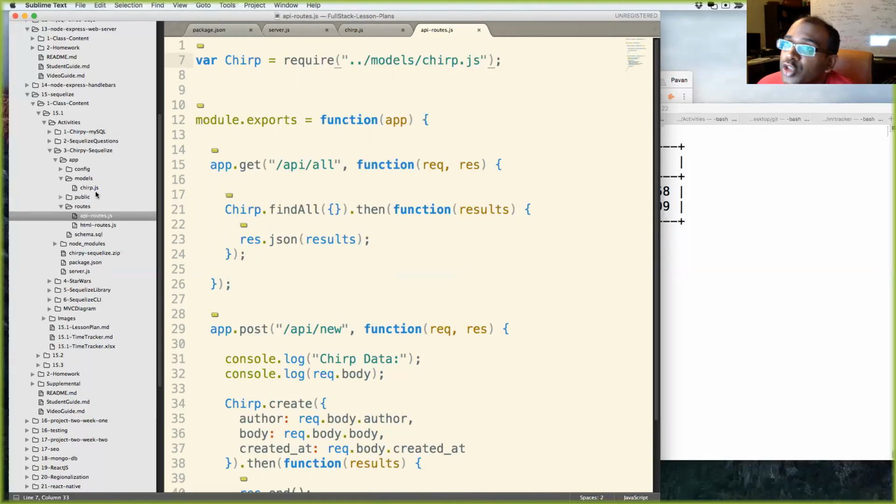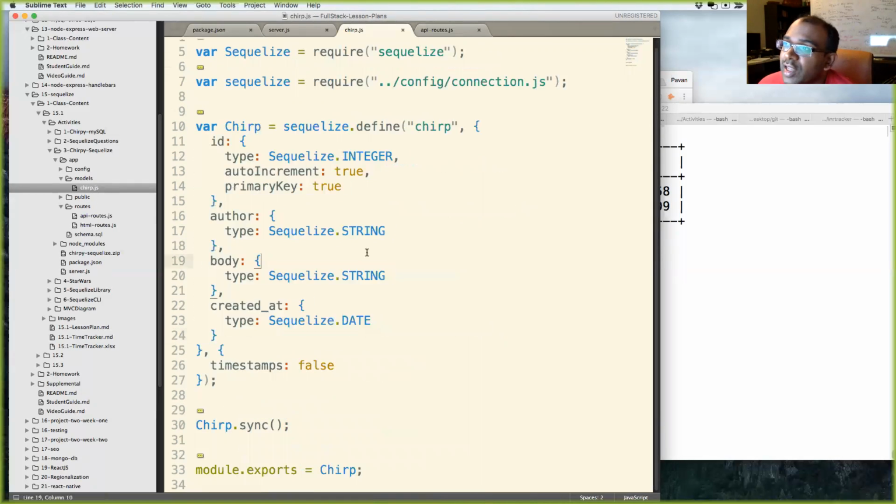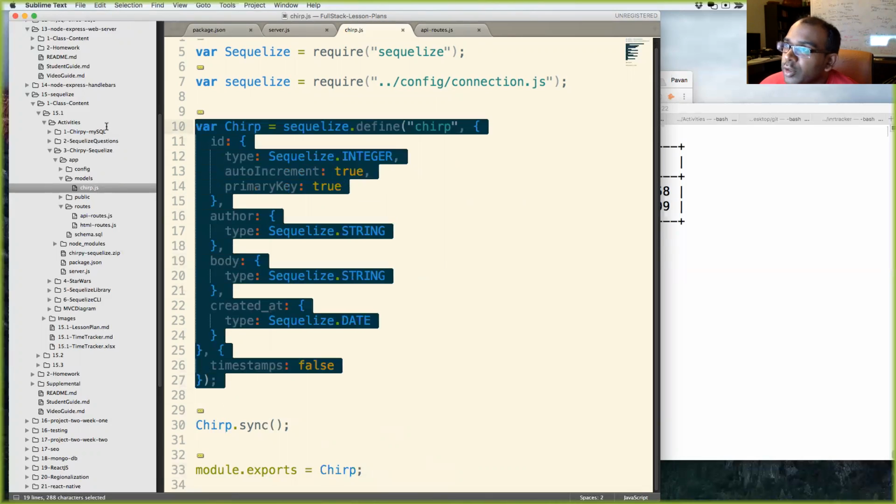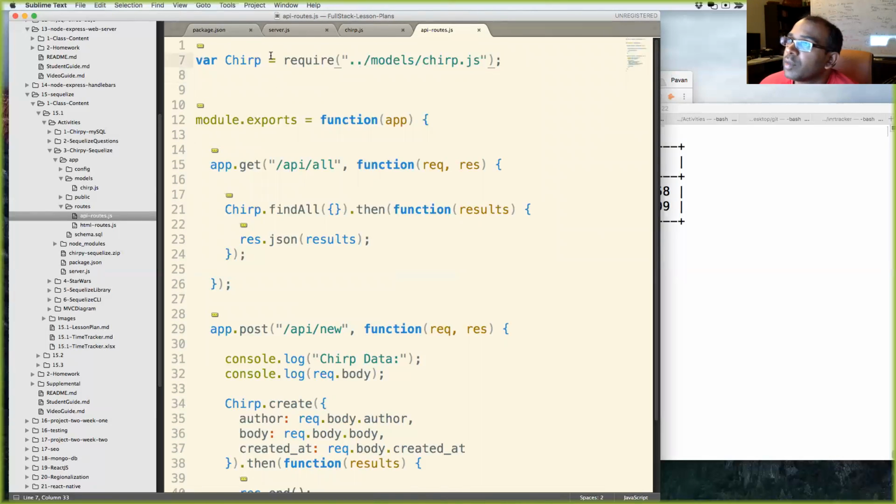This model file is exporting the chirp variable, this chirp model. So when we include it right here, we have access to that chirp model from this variable. We capitalize it because that's convention when you're using a model in Express.